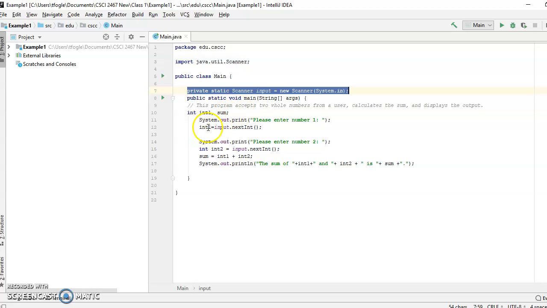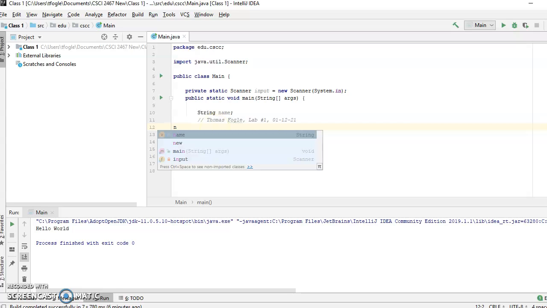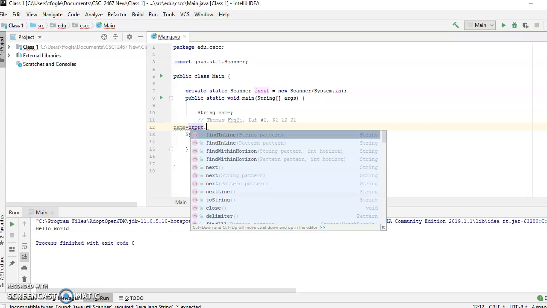And I'm going to take one of those variable names and assign data to it. So I've got name is equal to input, because that is the name of my object, my input object, dot